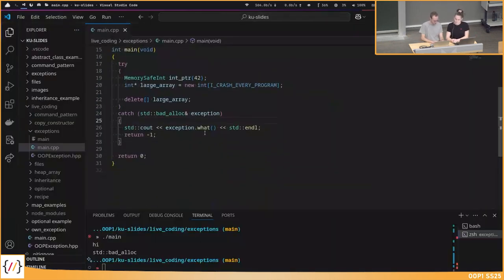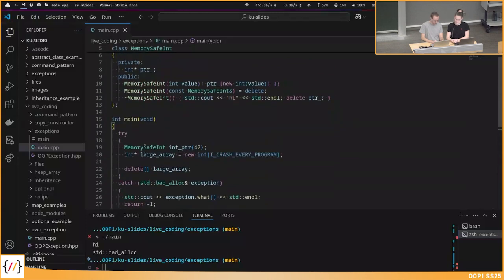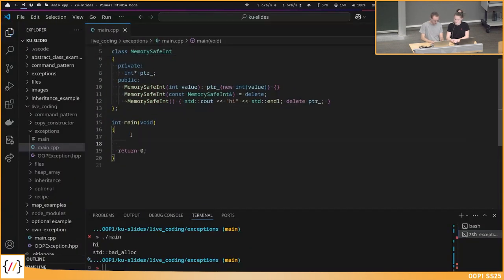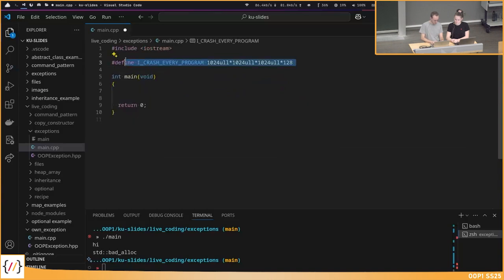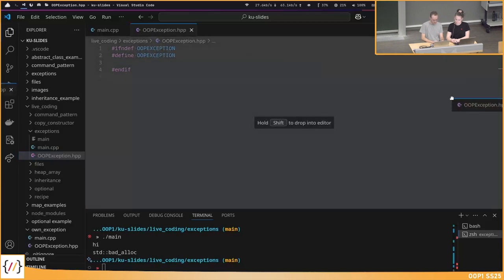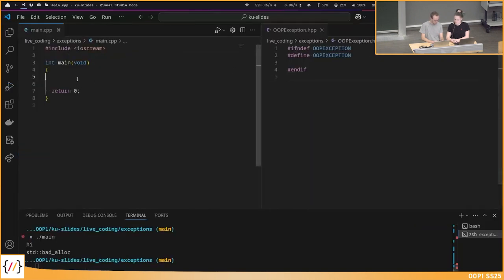Okay, then directly continue here. Clean up a bit. Well, we start again with an empty main function. And I will also have this file OP exception prepared, which I will use in a couple of minutes. And I want to do something very silly, actually, but it doesn't matter. So the correct command should be like greet. I want to greet you, and how many people are there? Maybe 30. So this would be a valid command.